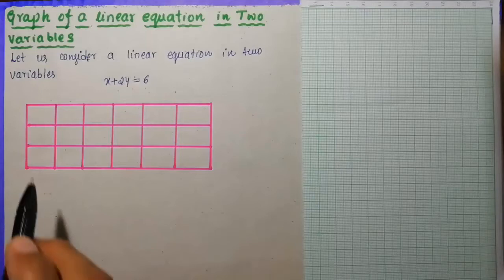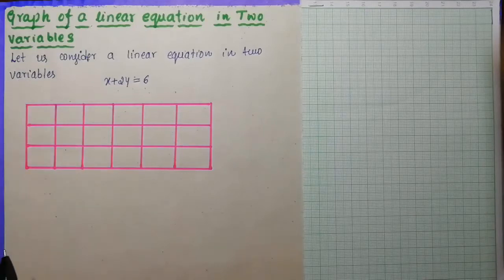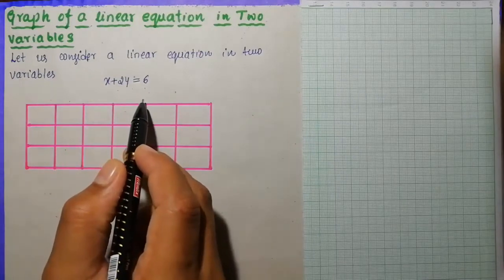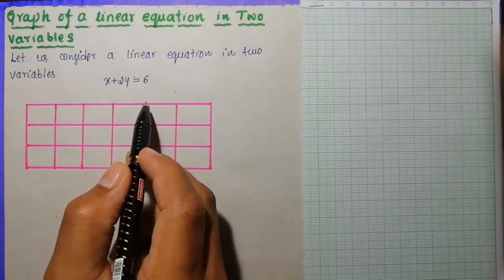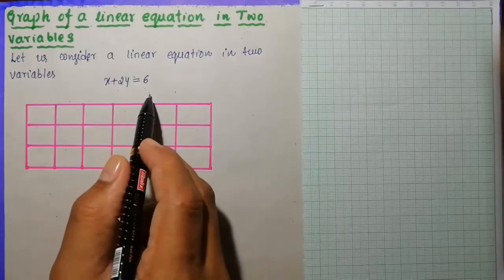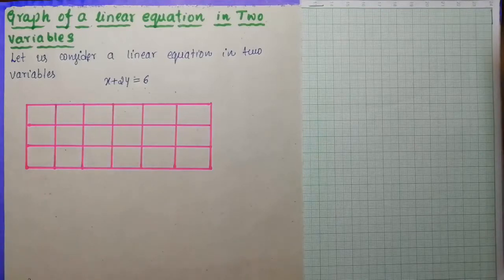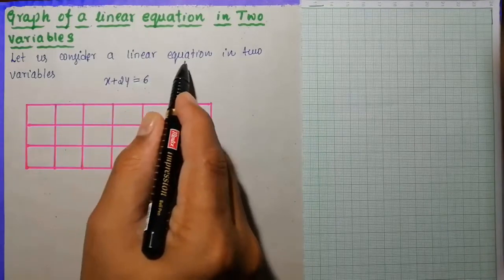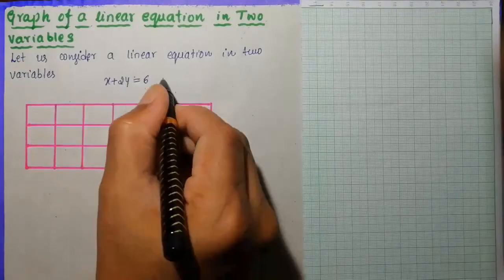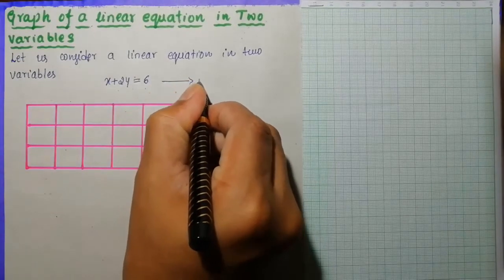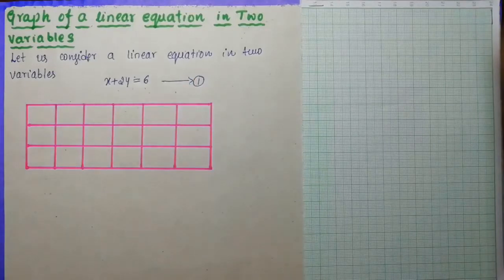Okay, now look at here. I'm going to consider an equation. It is already considered in your NCERT textbook. I'm going to consider the same example, and also while defining the solution of a linear equation in two variables, I have considered the same equation x plus 2y is equal to 6. So now let us consider this linear equation in two variables, and I am going to write it as equation number 1. Now you have to list out some solutions of equation 1, and it is already known for you.